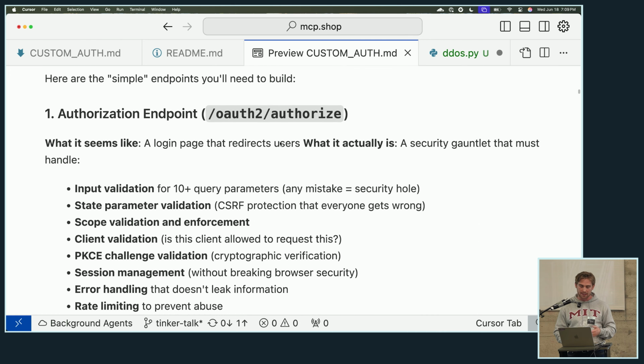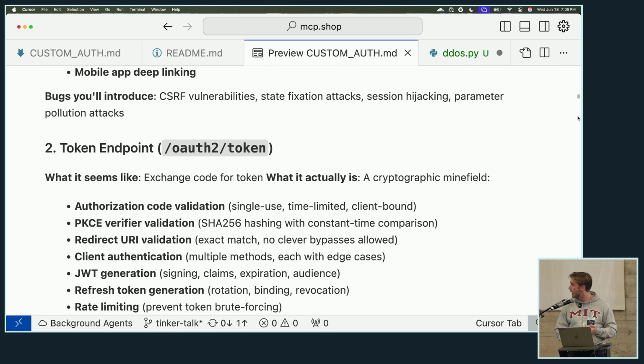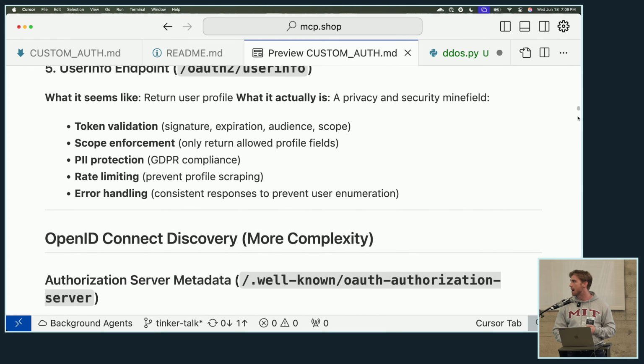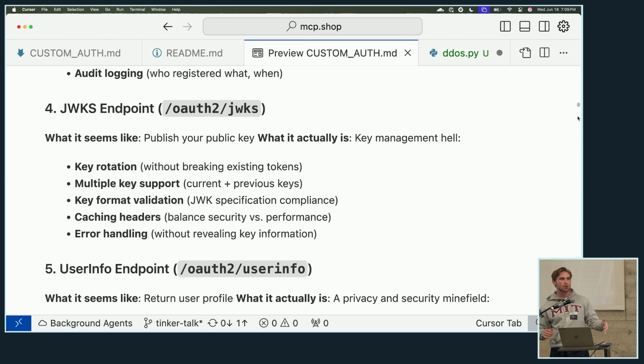Claude got a little sassy here. You can look at the scroll wheel on the side. There's a lot to cover. There's a lot of weird endpoints. You're doing a lot of user management, handling a lot of token passing. A lot of things can go wrong if you try and do this. And so I just genuinely, strongly encourage you to use a framework. I don't care what framework, you just really should use some robust auth framework.